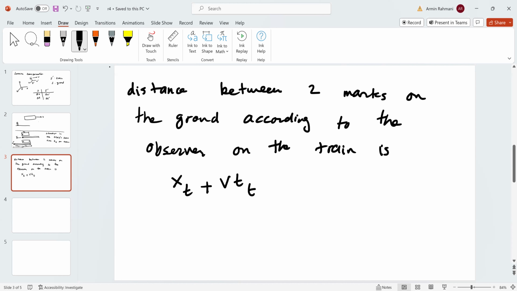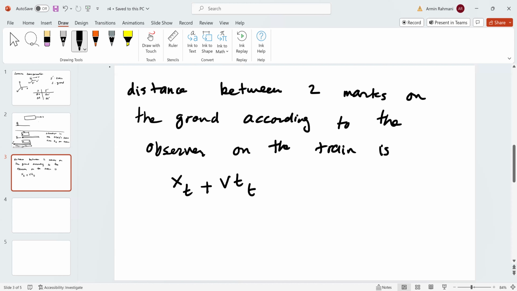So the observer on the ground measures a longer length, right? So the proper length in the ground frame that's not moving with respect to that length must be larger. So when it's contracted down by a gamma factor, according to the observer on the train, it leads to xt plus vtt,